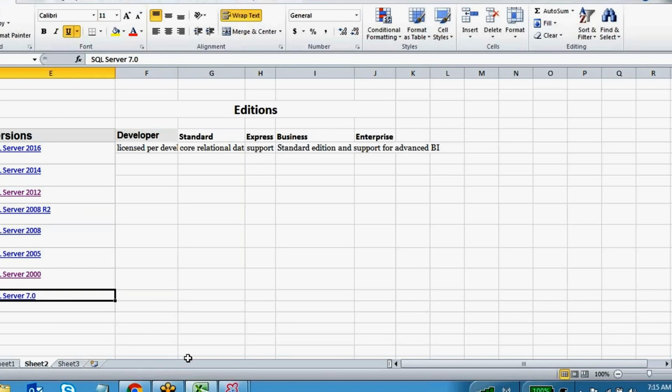The next version released was SQL Server 2000. So they release with the year name. The next ones are SQL Server 2005, SQL Server 2008, SQL Server 2012, 2014, and 2016.